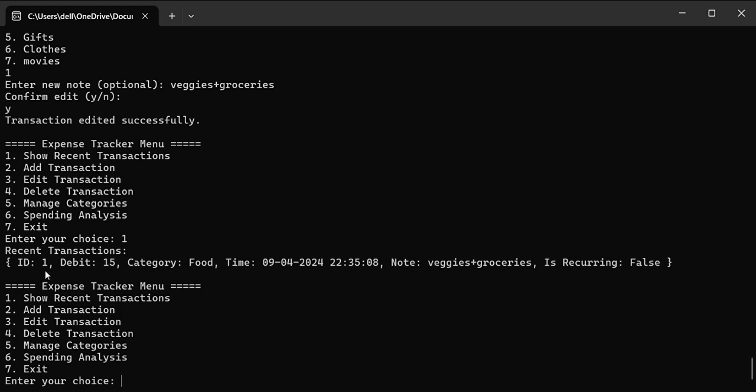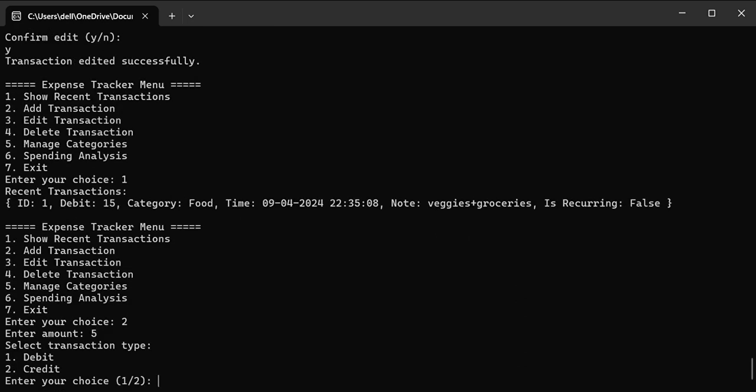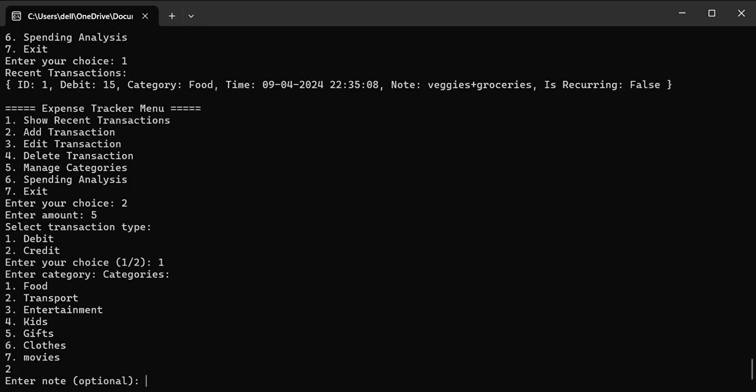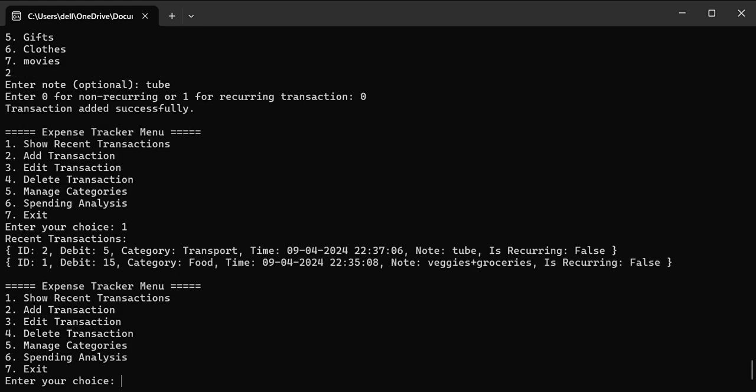The ID remains the same; it is unique for this transaction. We can change debit or credit, amount, the category, the note, and whether it is recurring or not. Let us add one more transaction. For this, let the amount be 5, this be debit, this is for transport, and the note is tube, and 0. If we see the recent transactions, we can see ID 2, which is the most recent transaction,